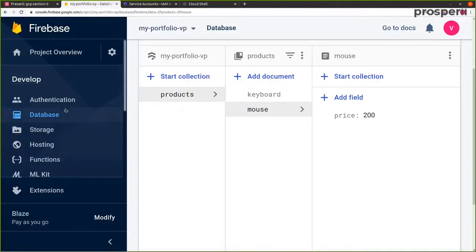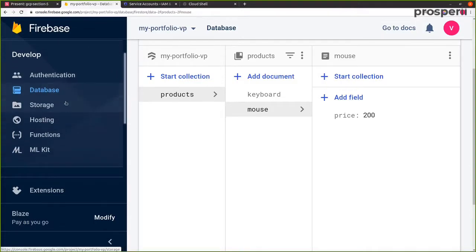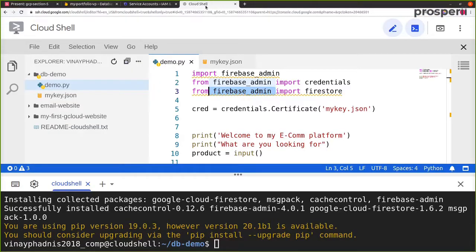If you look at Cloud Firestore, you have a lot of different products over here, like Cloud Firebase authentication, Firebase storage, Firebase hosting, Cloud Functions, ML Kit. Each one of these products can perform a whole lot of different tasks, but for now we are interested in database, which is called Cloud Firestore. Okay, so with that, let's go back to our Cloud Shell, and over here we have import firestore.